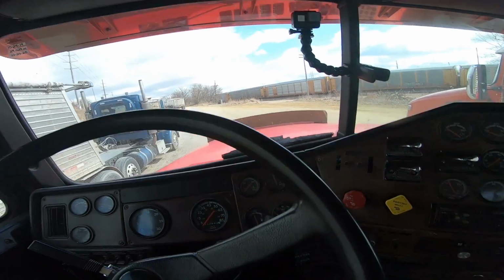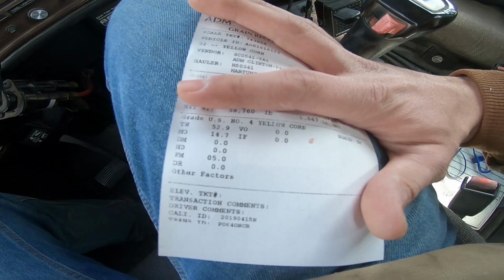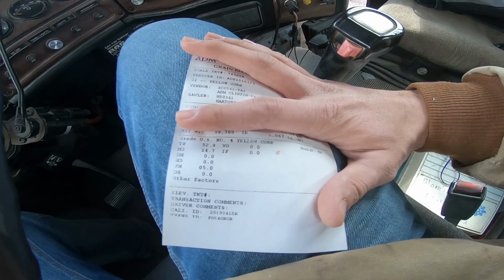I wonder what levels of FM you need to get rejected. I'll kind of go through what FM levels are. So when they probe you up there with that probe check, they'll give you a grading. So they got test weight, moisture, damage, heat damage, FM, VOMA is something, IFDR, another factor, I don't know. All I know is FM is your foreign